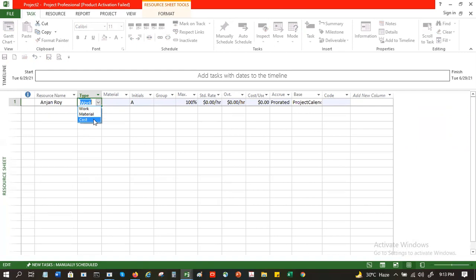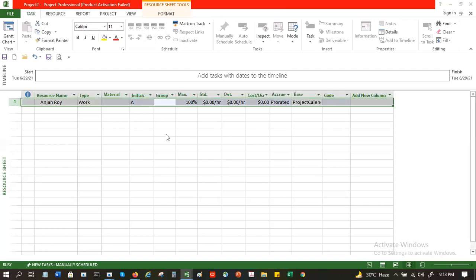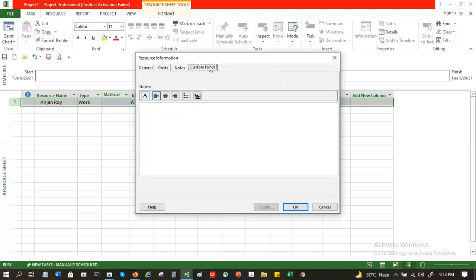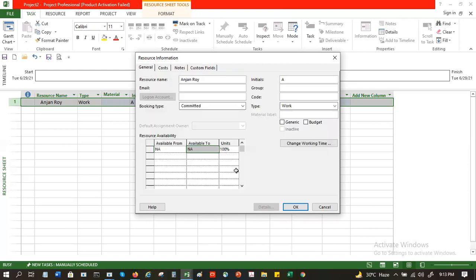When you expense it, then you come to know of it. So this is your work, and then you can give some initials here. You can also have a group here, and this is the resource screen. You can go field by field and look at all the information that you are entering here.